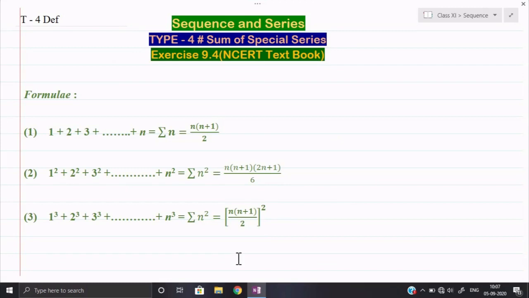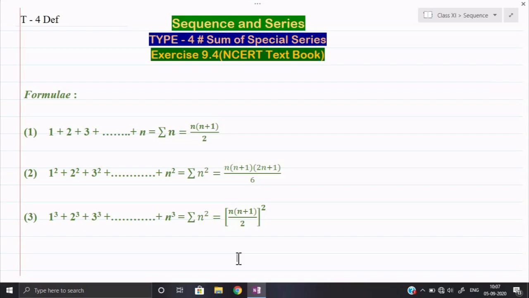We are not finding the particular sum up till 10 terms or 20 terms only. When I say generalize the sum, it means find the sum up till n terms. So suppose in future I require the sum up till 10 terms, I will put in the value of n and directly find the sum. After some time, if I require the sum up till 20 terms, I will simply put n equal to 20 and find the required sum. So my general sum will work for any particular sum required in the future.